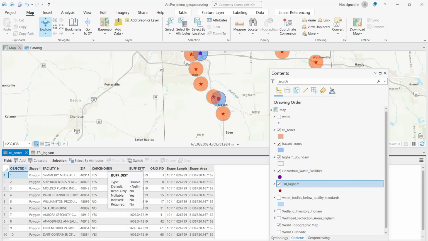I want to explain that buffer because that is interesting. The buffer is not, well, we decided we are going to have 1 mile, right? But we have here a different value. It's not 1 mile,